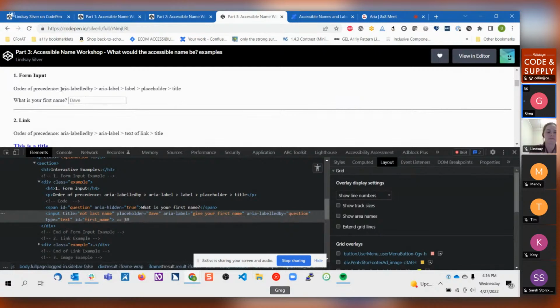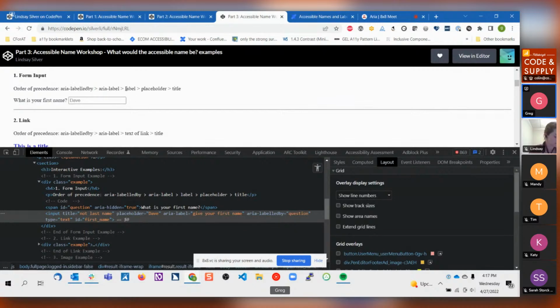As you can see here, we have the order of precedence. So this is how the accessible name is calculated programmatically, and you can find this in the ARIA spec. I can't remember the exact location of the document, but it basically tells you what the computational precedence is. So believe it or not, potentially counterintuitive it is to me anyway, because I would personally think that the aria-label would take the highest precedence. So if you had both an aria-labelledby and an aria-label, I would have guessed this would be the accessible name. But it's actually the aria-labelledby that is the highest in the hierarchy of precedence,